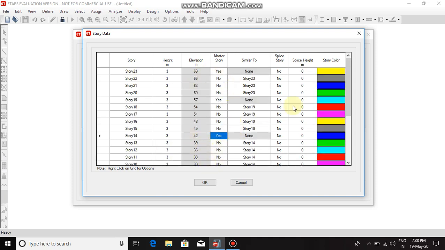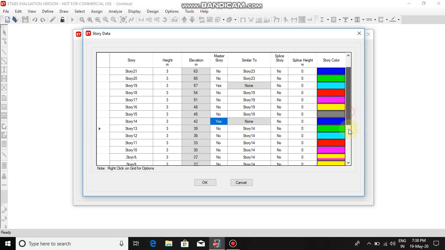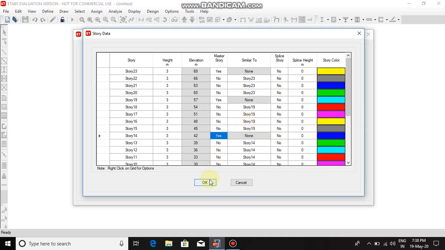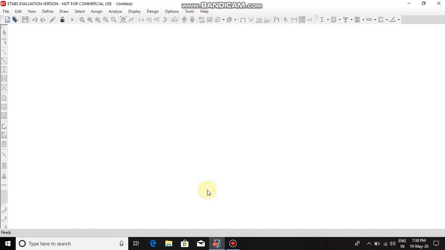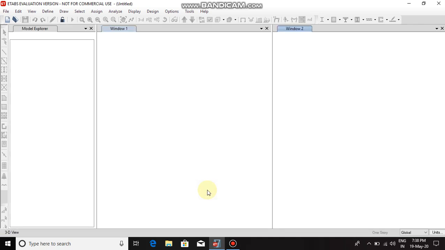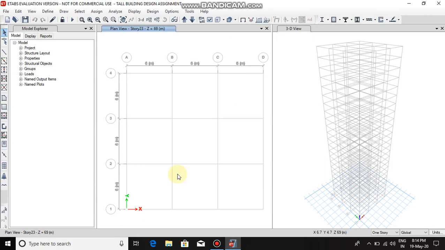Now, as it is done, click on OK. Now select the grid only option and click on OK. It will take some time. Here we can see the plan view and the 3D view.